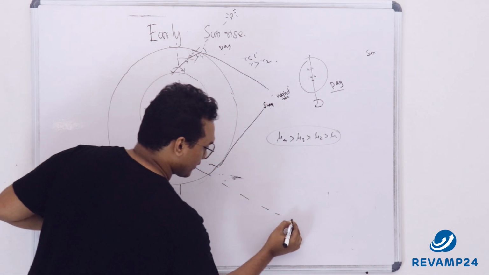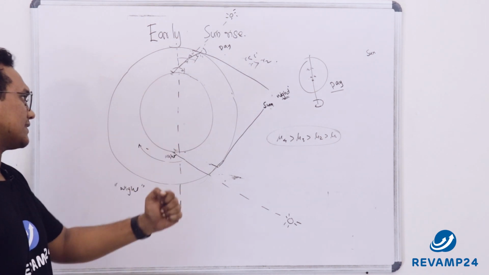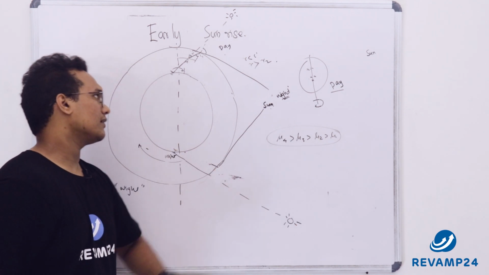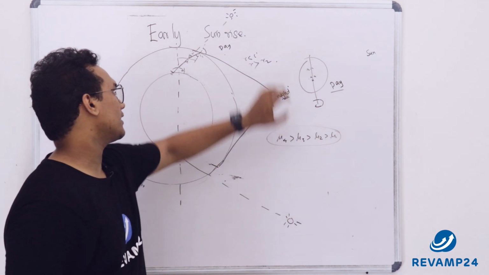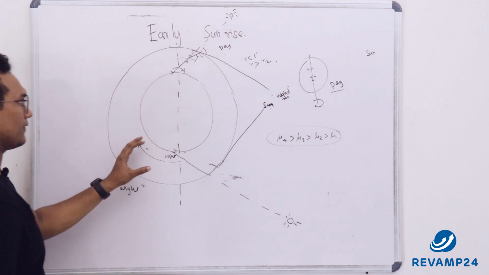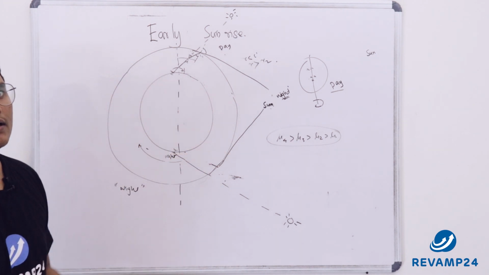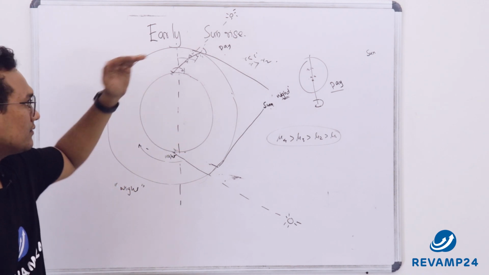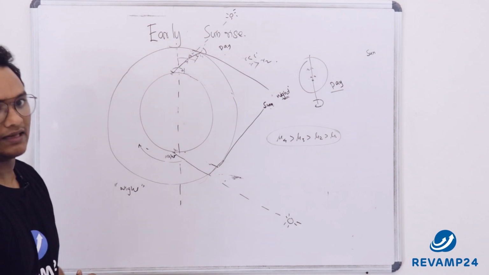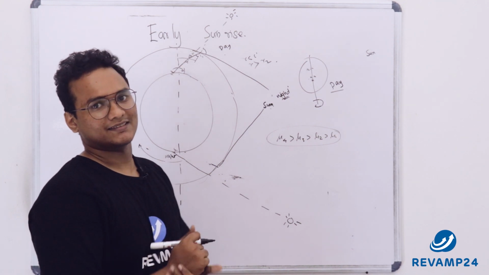That sun is somewhere here, because this light ray carries the image of the sun and reaches our eye. When we look, we see the sun somewhere here, but actually the sun is not present here. This occurs after refraction. The reason for early sunrise and delayed sunset is the multiple refractions occurring at different layers of the atmosphere. We have different layers, and all these layers are responsible for the early sunrise and delayed sunset. Okay, thank you.